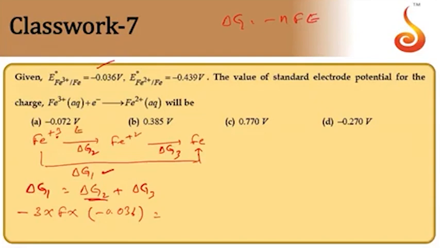So this is E2, unknown to us now. Minus electron is 1 into F into unknown potential. Let us keep it as E itself. Again minus delta G3. Number of electrons transferred is 2 here. 2 into F into potential of Fe2+ to Fe is given as minus